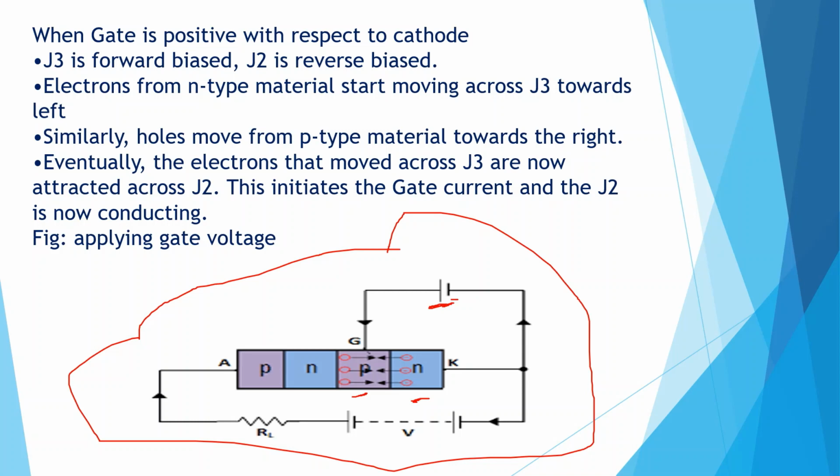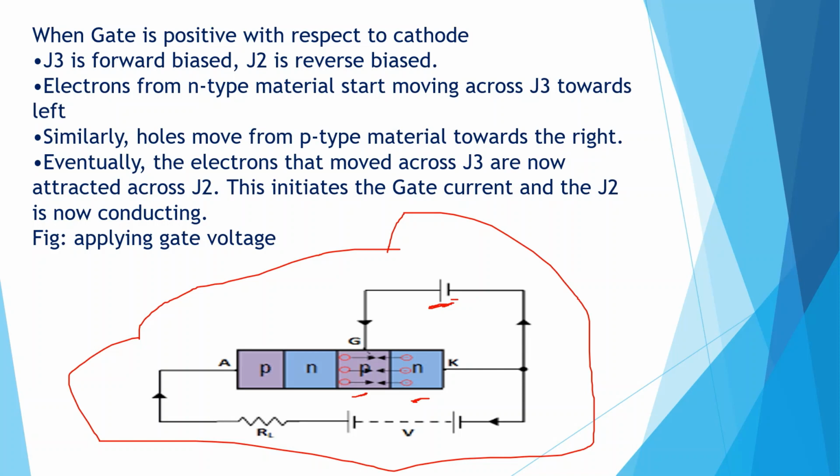So when a small gate current is applied, Ig is equal to Ib1, that is base current of the first transistor. This current is amplified by transistor Q1. Current gain of Q1 is say alpha. So collector current of the first transistor, let's say IC1, is equal to alpha 1 into IB1, that means base current multiplied by the current amplification factor alpha. And this collector current of Q1 acts as base current of Q2. I've shown you the two transistor diagram. Collector of the first acts as a base current for the second. Collector of the second acts as a base current for the first.